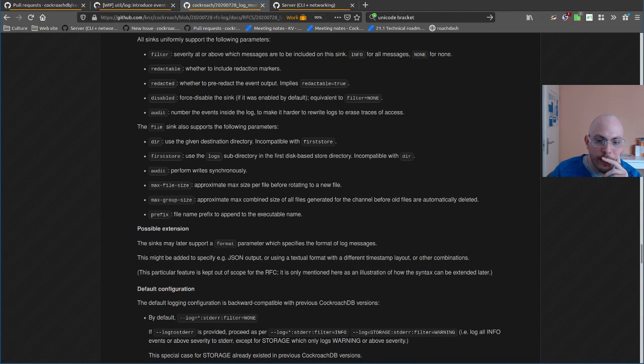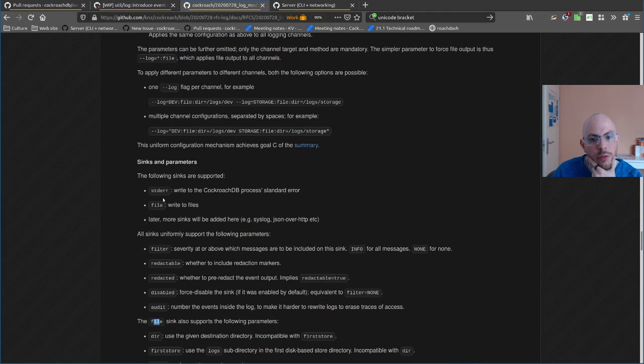So in theory, I could have a more specific typing. We could have a data type for files that has specific options for the file configuration, and then if we add more different sink types, have different data types in Go for them.